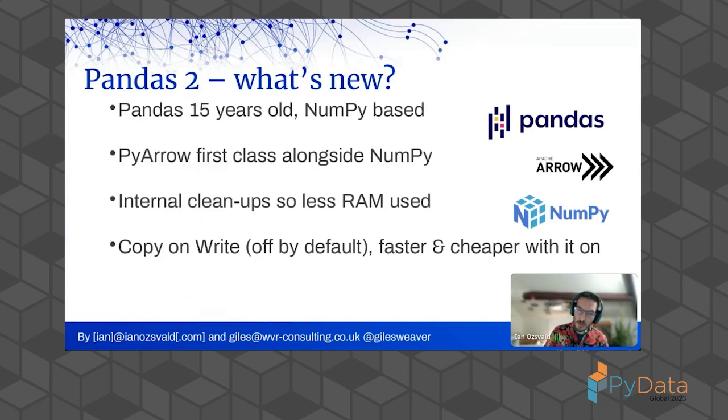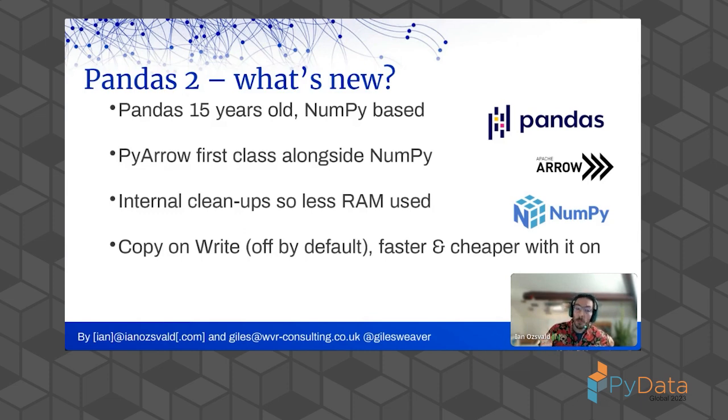Then there was an extension type system added to Pandas. And more recently, in the last couple of years, we've had Arrow. So Arrow is a very different memory container, cross-platform, cross-library. So you can share data between Pandas and Polars, and between R and Julia and other systems. Anything that supports Arrow, you can share that data very easily and store it to disk in Parquet, it's the same storage system there. So that's now baked into Pandas. That's really interesting, but it's different to NumPy. And it means a lot of the internals had to be rewritten and changed to support that. And that's hurt some of the benchmarks and improved others.